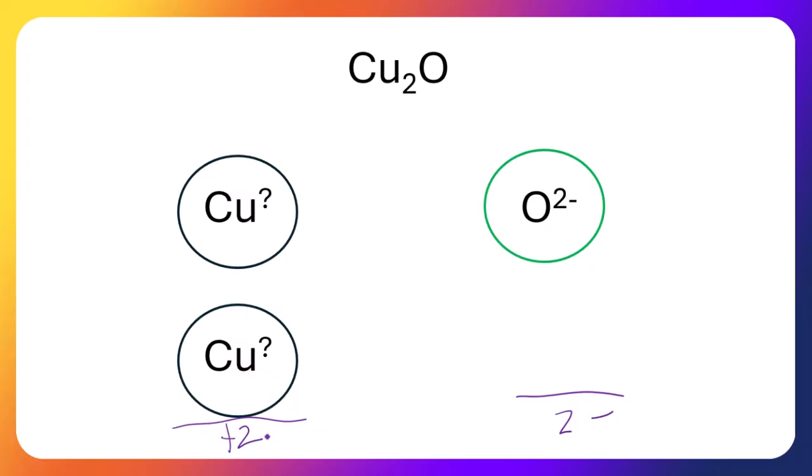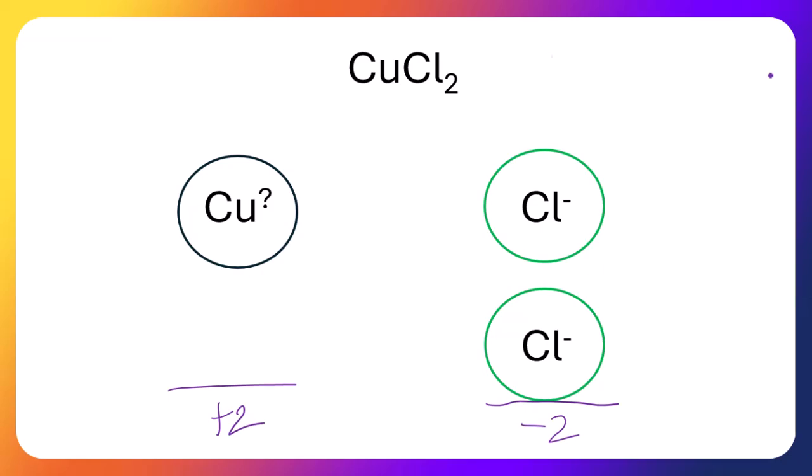We need a total of +2, so each of these must be +1. So then this must be copper(I) oxide. And then this one on its own would give the 2+, since there's only one of those, so this would be copper(II)